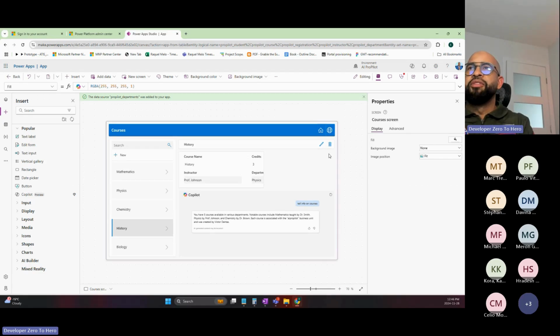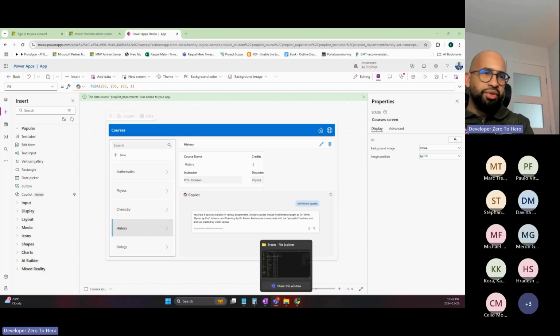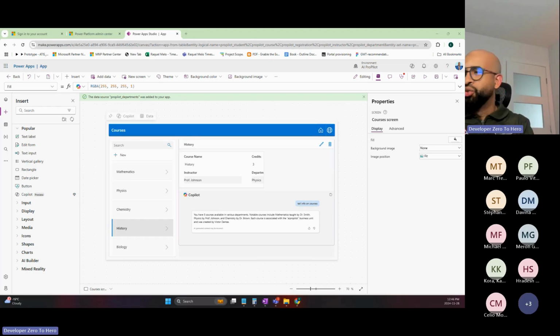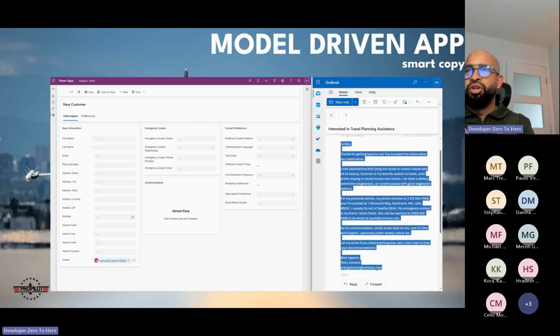Now, there are features of Copilot within the model-driven app, and I think those are super cool. So let's go back to the presentation real quick, and I'll walk through those changes, and then we're gonna deep dive into it with a live presentation as well. Okay. So in terms of